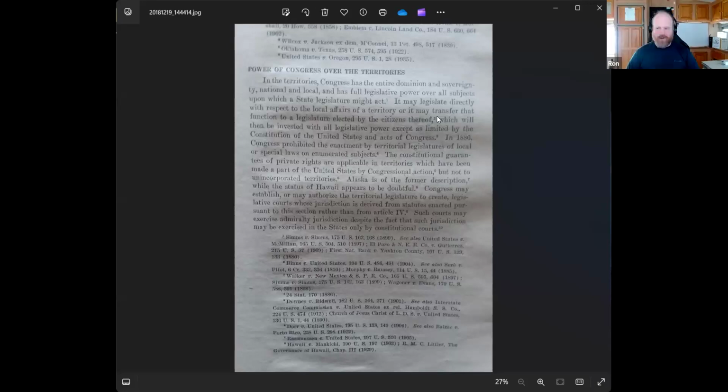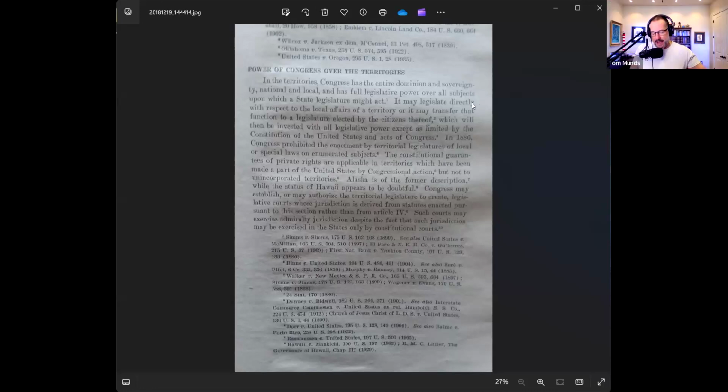So Congress may legislate directly. That is a vassal state arrangement, in that it is taking its superior position over the inferior position of the states. It's saying we're the dominant power and we're going to legislate directly for that area, or we'll just go ahead and create a legislature. Now we're talking about an organic act that creates a territorial legislature.